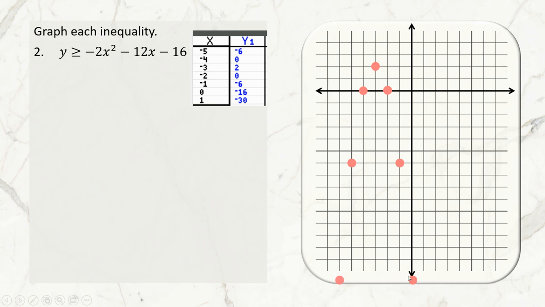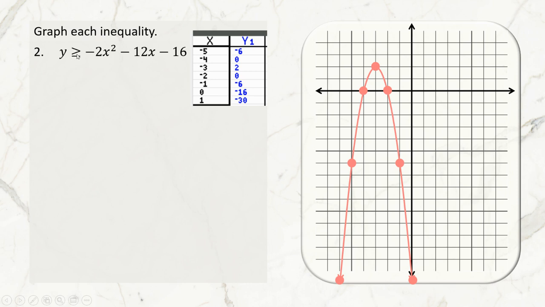Oh, we tried to fit them down at the bottom there. That works, okay? So we can try and fit as many points on here as we can. Now, looking at this, we're going to have a solid boundary line. The solid boundary line comes from the greater than or equal to sign here. Our inequality tells us this is going to be a solid boundary line because it's got the equal to part